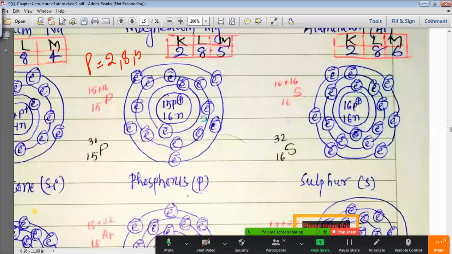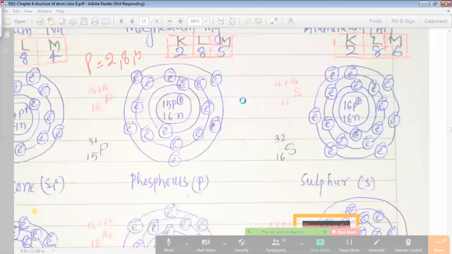Now, my dear students, we want to determine the atomic number and atomic mass number. So if we look into the electronic configuration, we will realize, my dear students, that in this particular case, in case of phosphorus,